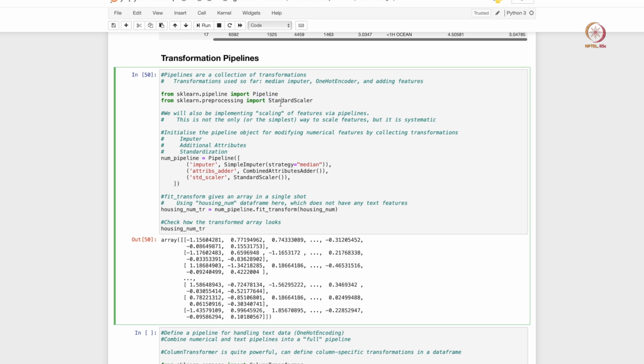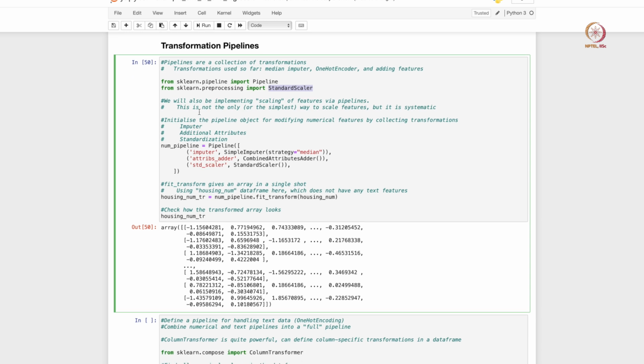In addition to the 3 operations that I mentioned, adding in median values, one-hot encoding, and adding in new features, we are also going to scale all the features within our data set. We are not going to scale the target values, only the features, the attributes. We are going to scale them in a standardized fashion. So we are not going to do normalization, we are going to do standardization. That is what the standard scaler class does within the scikit-learn preprocessing package.